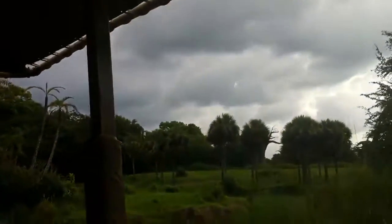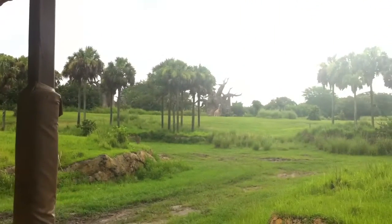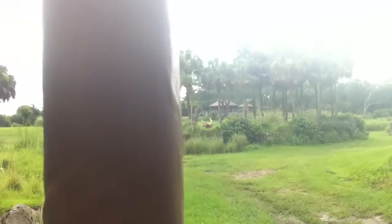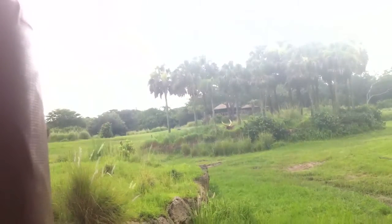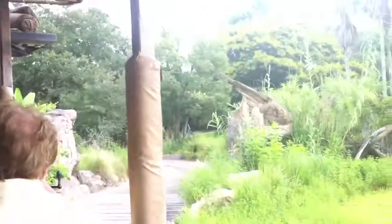If you look at this opening here coming up on the right, you're looking at an island of trees. It's the best way I can describe it. You might see those big long horns. Those are on Ankole cattle, and they are the only domesticated animals here on the reserve. Those horns can get about 6 feet in length, but as heavy as they look, they are honeycomb shaped, which means that the blood goes through the horns and back into the body to cool off. So those horns aren't as heavy as they look. Well, we're going to make our way into elephant